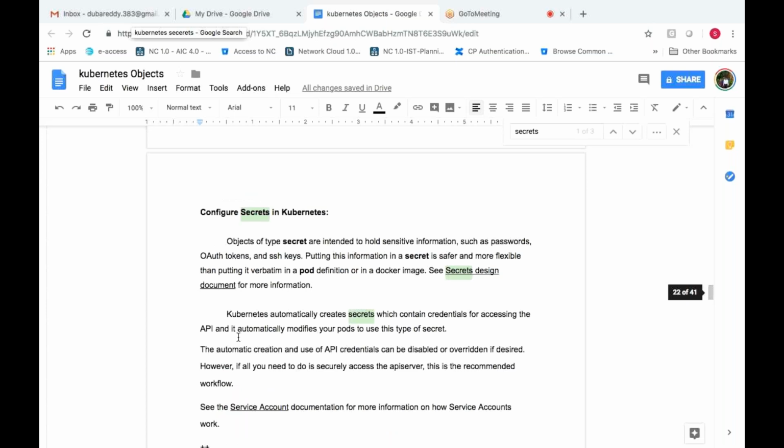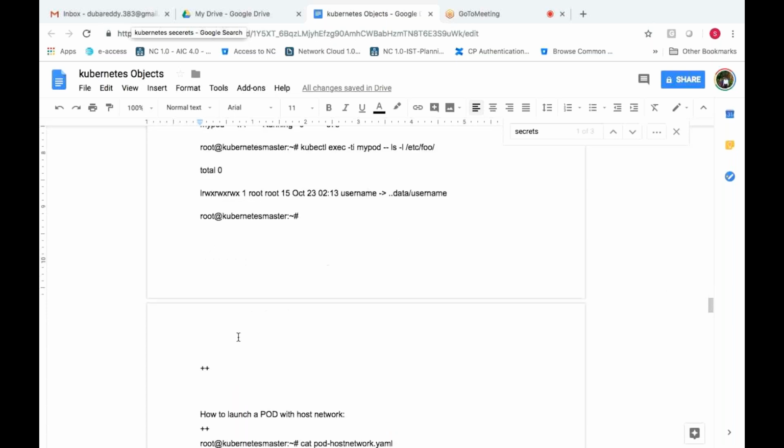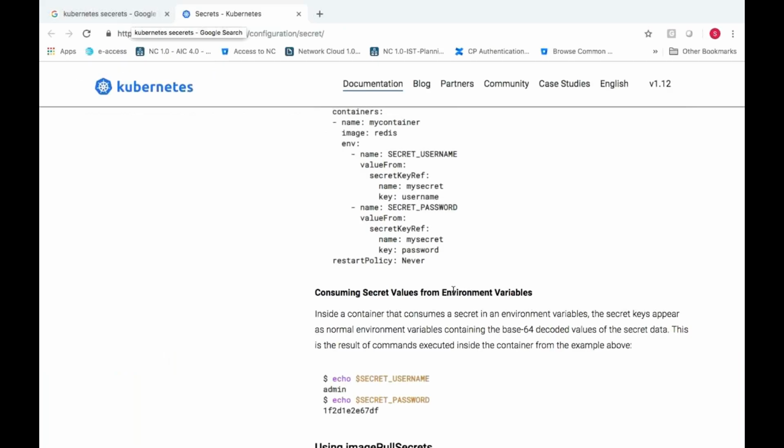Let's see. Okay, so let us go to the next level, that is environment variable. So here which I mentioned, we need to use this username and password. Same thing, but few changes.